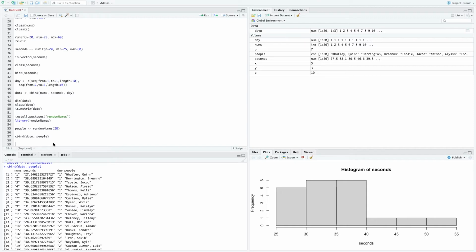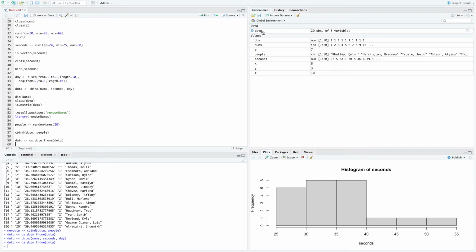No problem. So the first thing we're going to do is we're going to reassign data. We're going to overwrite it, whereas before we were assigning new things to new objects. We're going to say, okay, overwrite data, and we're going to say as.data.frame. So we use the function as.data.frame, which basically takes whatever you put in there, i.e. data, and turns it into a data frame. So we're saying data is as.data.frame(data). So we lose the original data up here,